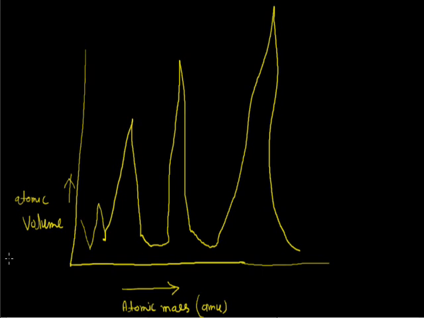Lothar Meyer pointed out that elements having similar properties occupy similar positions on the curve, such that first is alkali metals,